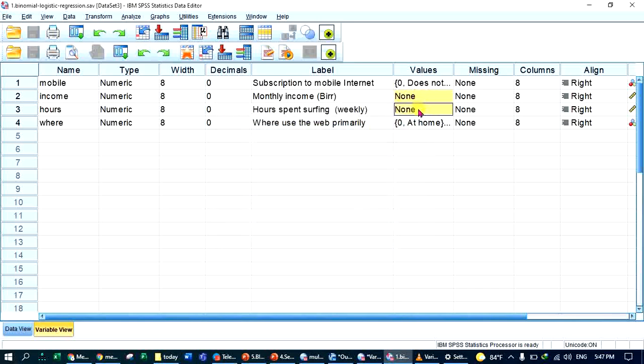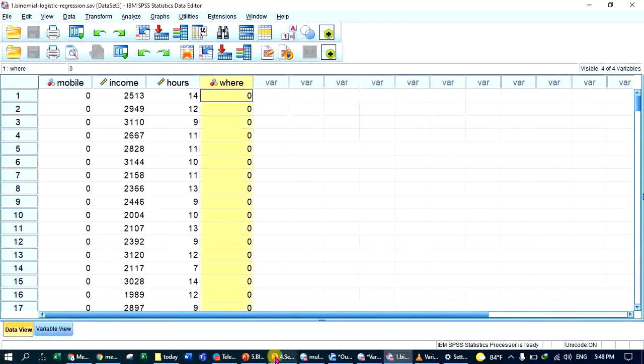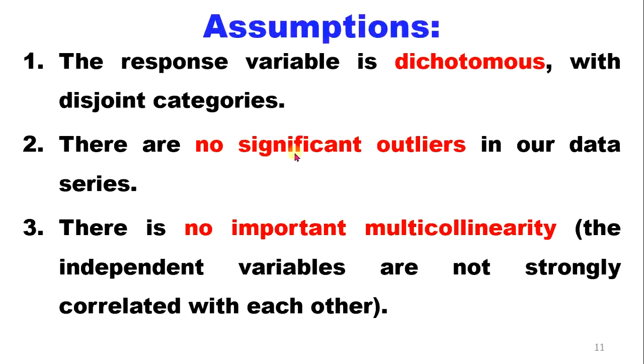እዚህ ጋር እንደምታዩት ሁለቱ ምን አልተደረጉም ኮድ አልተደረጉም። ስለዚህ መንዝሊ ኢንካም hours spent surfing weekly ይሄም በቁጥር ነው የተሰጠን። ስለዚህ እነዚህ ሪስፖንደንቶች where they are using internet primarily እዚህ ጋር ደግሞ ምንድነው የተሰጣቸው ሁለት ኦፕሽን ነው ቤት ነው የምትጠቀመው ወይስ ኦፊስ ነው የምትጠቀመው የሚል ነው የተሰጣቸው። ሪስፖንሱ ተሰጥቶናል ማለት ነው። ስለዚህ እና ያለን assumptions ሶስት assumptionዎች አሉ። the response variable is dichotomous